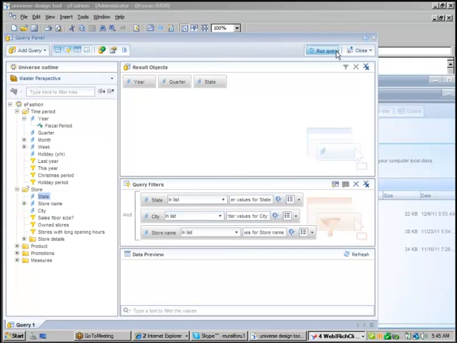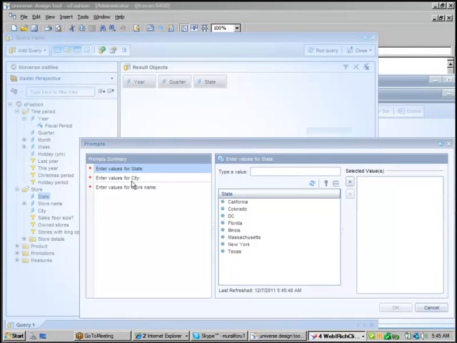Run query. This time based on your selected state, the city needs to be refreshed, but it's not